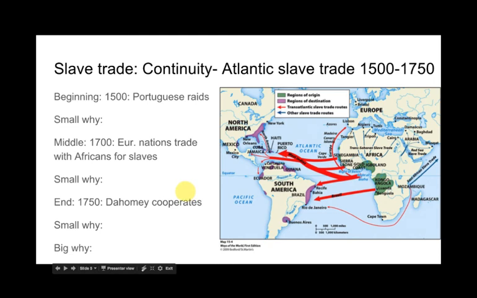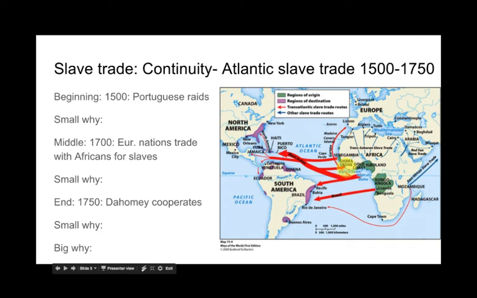And then finally, we have the Atlantic slave trade, which is also a continuity. In the beginning of the time period that I have on my slide here, around 1500, Portugal is conducting raids in concert with their trips around Africa. They are raiding the coastal areas of West Africa and seizing slaves. By the middle of the time period, Europeans realized that there are African nations who are willing to trade with